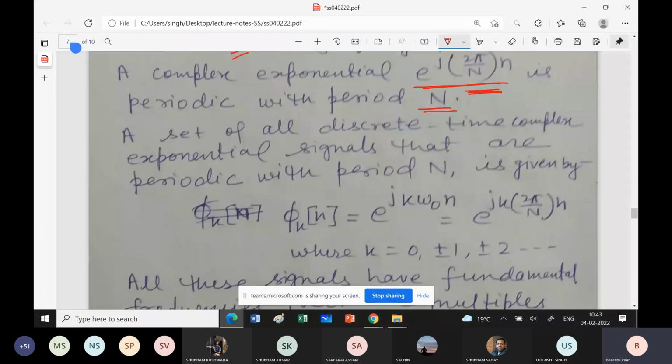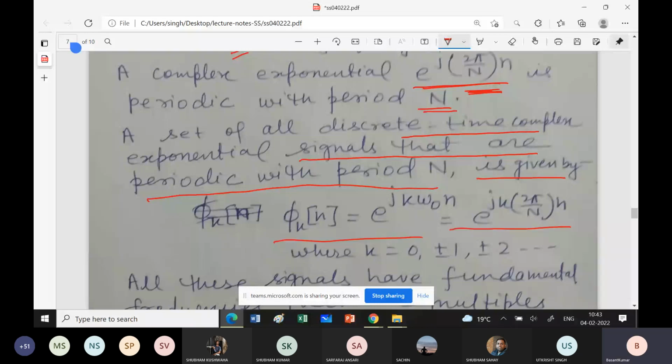So a set of all discrete time complex exponential signals that are periodic with a period n, ये जो है जिनका कि पीरियड n होगा, so they can be generated or they can be represented like this. मतलब n उसका फंडामेंटल पीरियड होगा, मतलब n will be the period of that signal. So phi k, so represented as e raised to power j k omega naught n, where omega naught is given